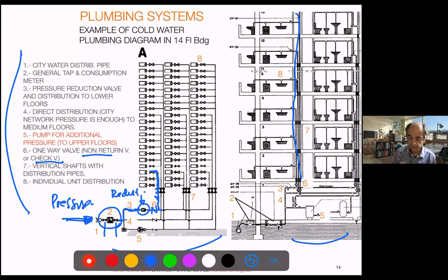And you always have some valve to cut that line in case you need some kind of repair. And then you have another valve which gives the access to each house, and the counter if they are on each floor. If the pressure is okay, you can avoid the reduction, and that will usually serve the middle floors. And for the upper floors, you may need more, so that creates the need for a pump, right? Pumps are complex. You need a tank, so the pump can push the water from there, and that will serve the top floors, right?